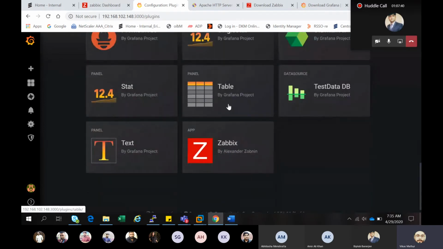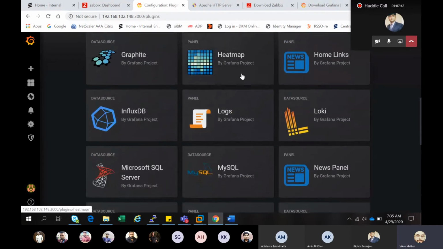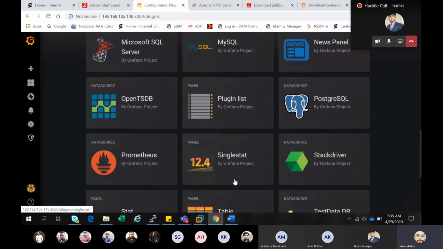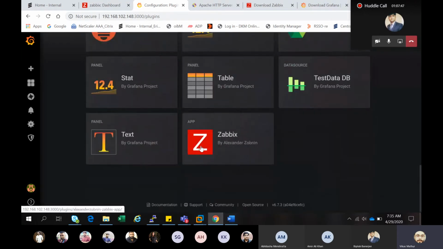After it, there are several different Zabbix plugins and everything over there. If you look right now, these Zabbix plugins are already installed, but the first time they will not appear.